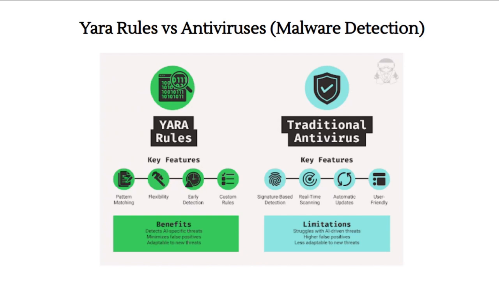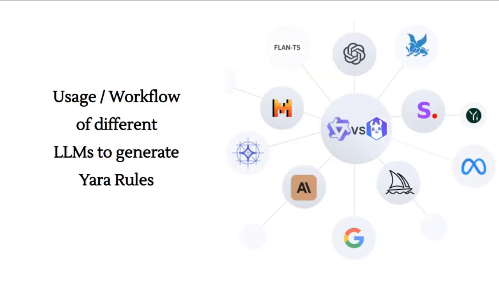While traditional antiviruses are only signature based and do real-time scanning, they have a limitation: they struggle with AI-driven threats. And they have higher false positives because they are focused more on the signatures. Now that we have had a small refresher on YARA rules and how they are built,